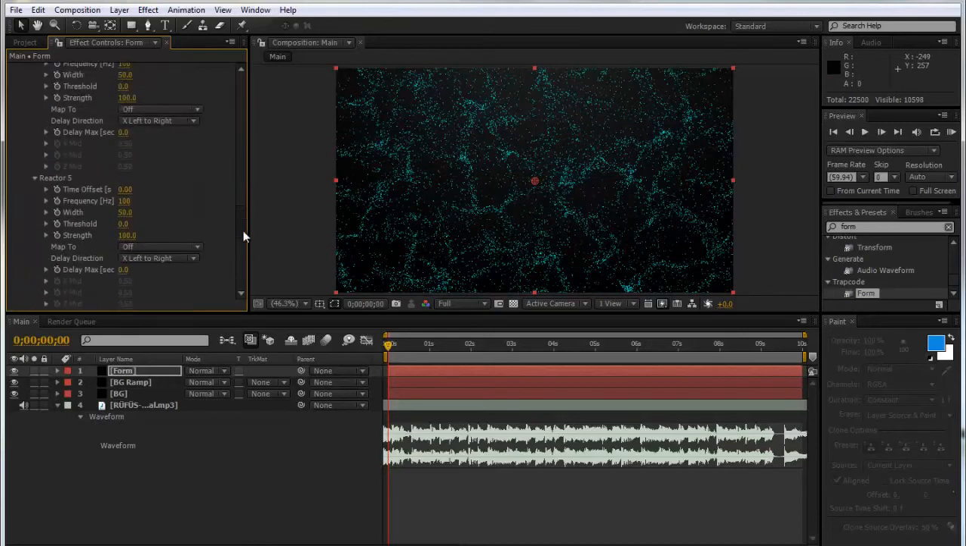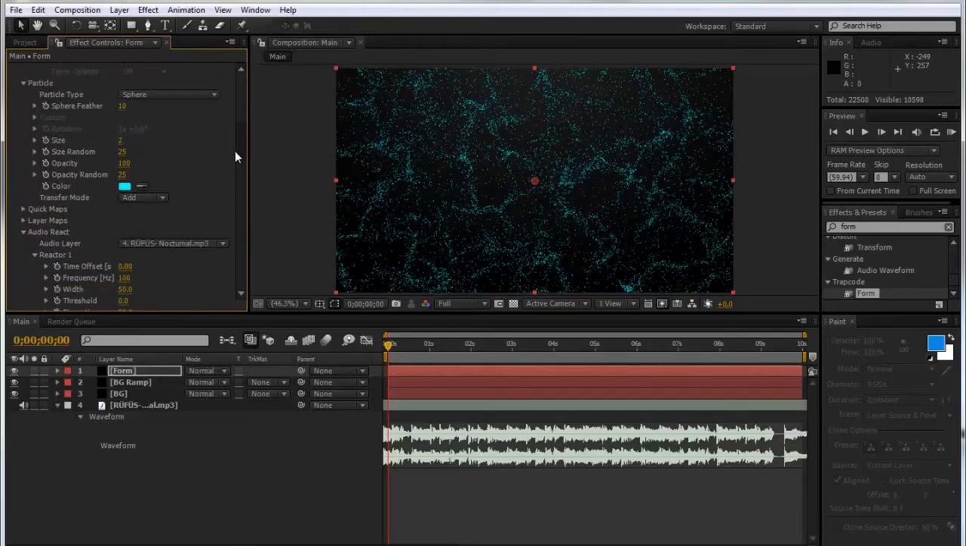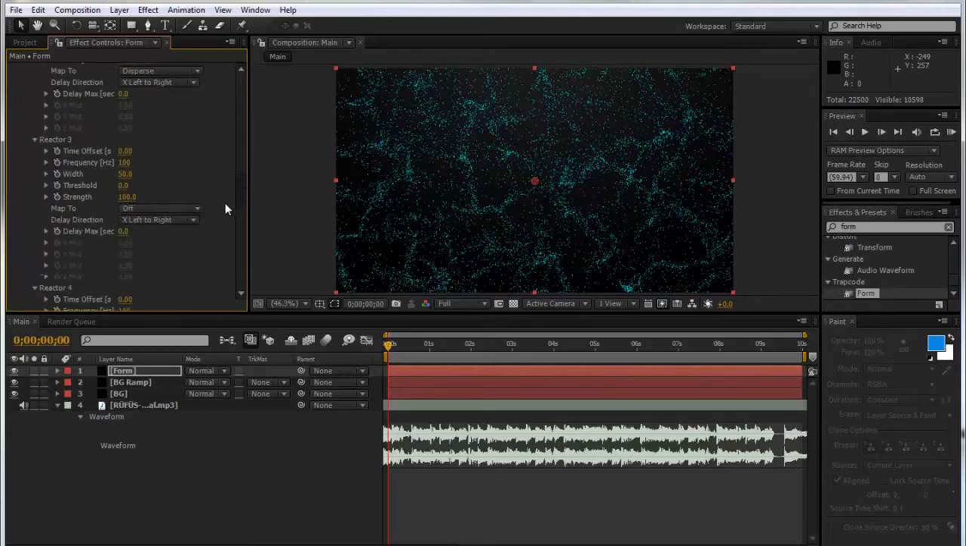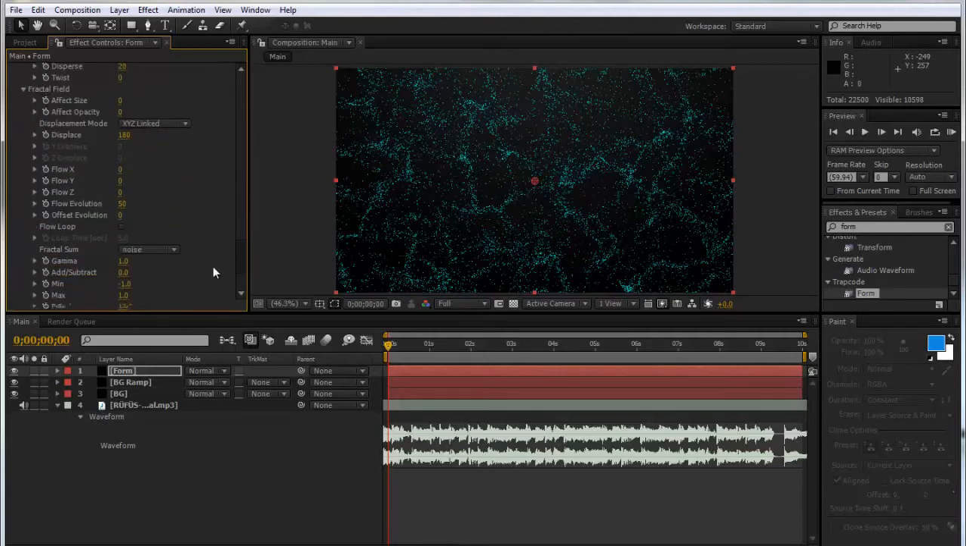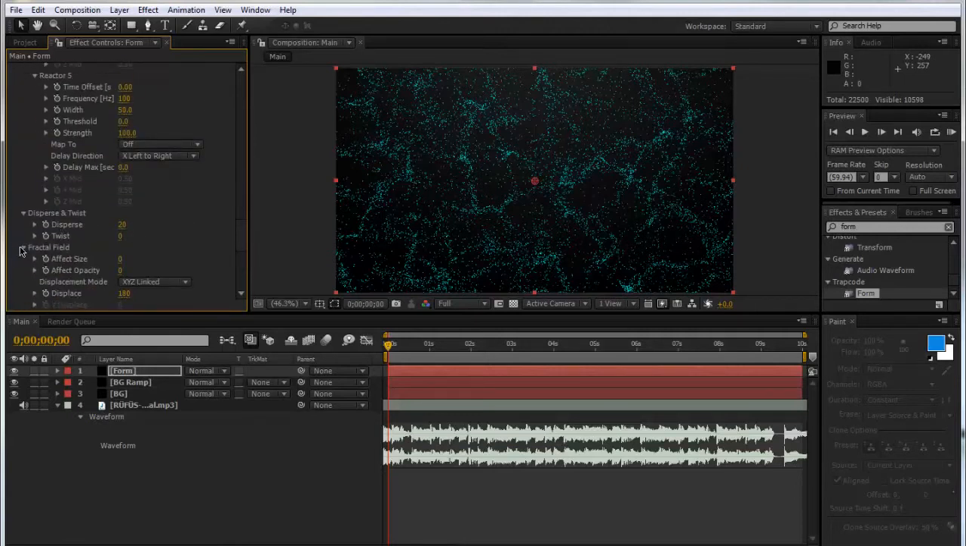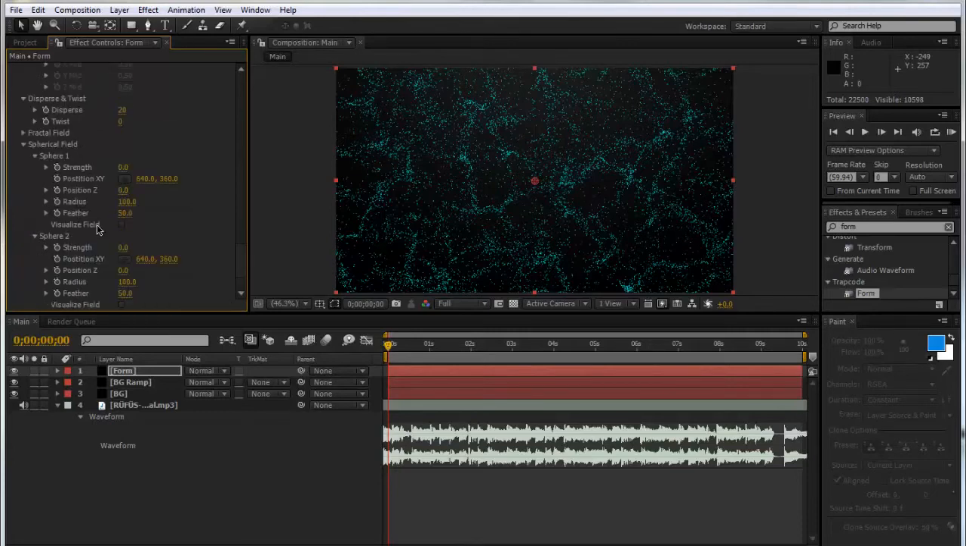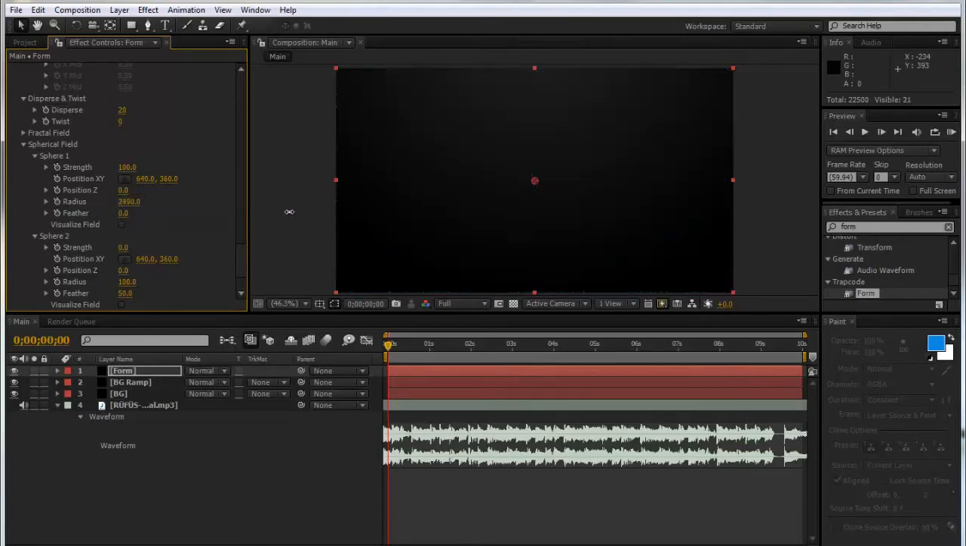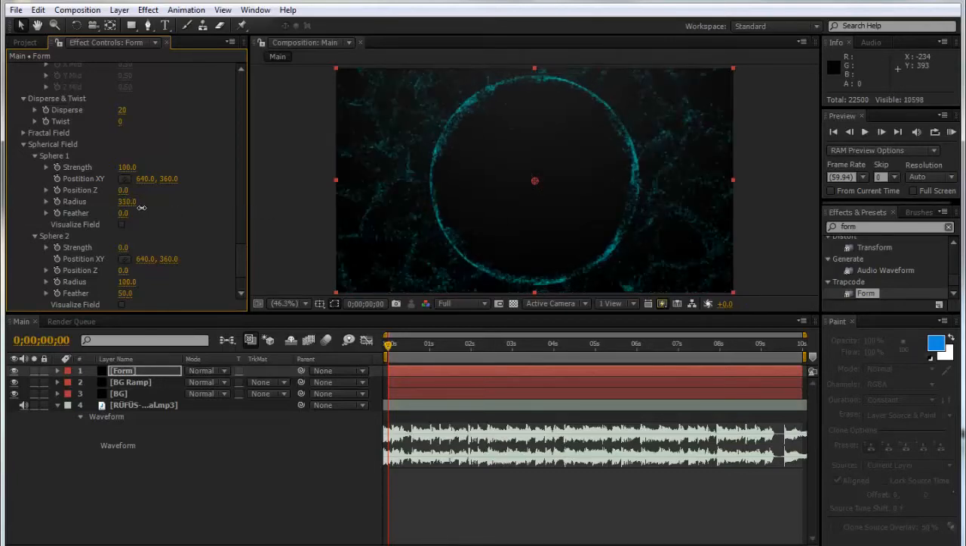Now I'm just looking at my notes, and there was one thing I forgot to note down, which was actually the sphere in the middle. But we can mess around with some of the settings. So we can go to the spherical field, and we can put up the strength of sphere 1. So now we start to get a sphere in the middle, but you can't really see it. We can put the feather down to 0, and we can just bump this up,